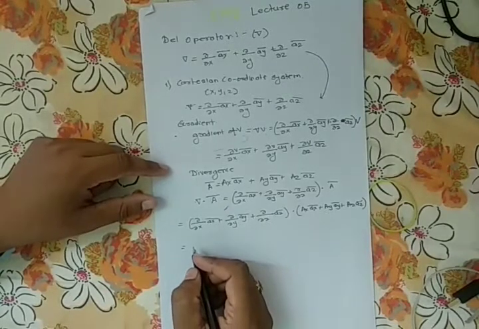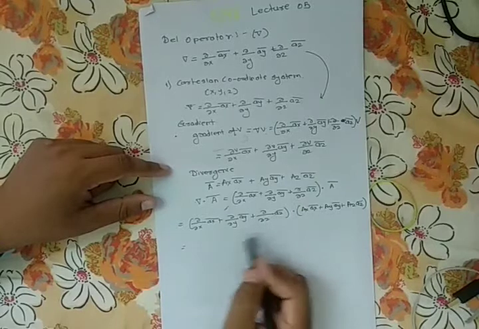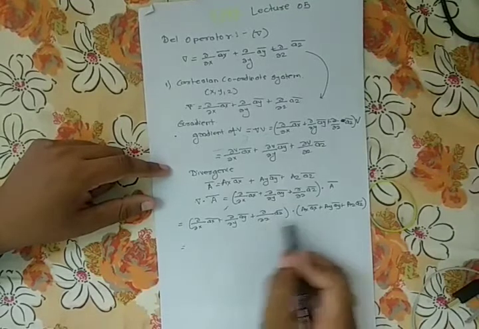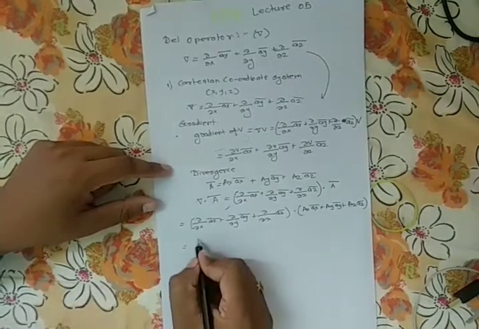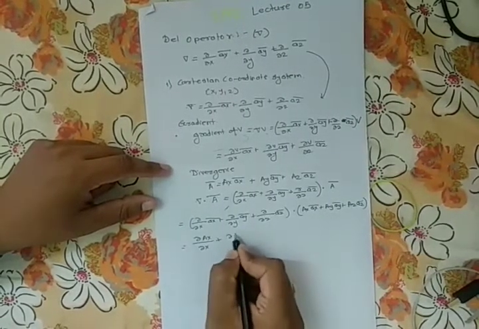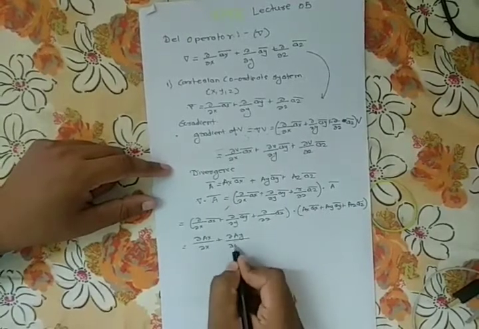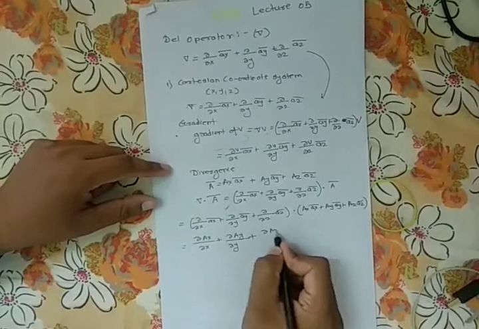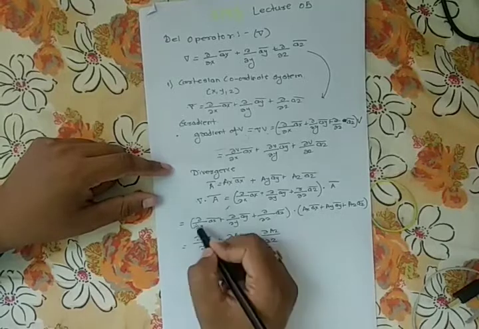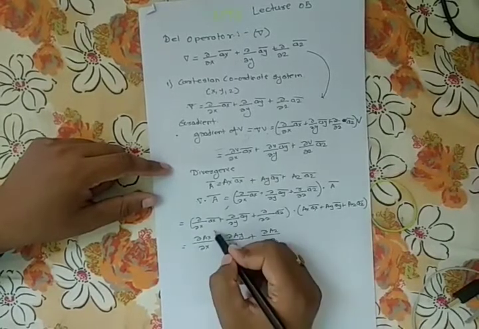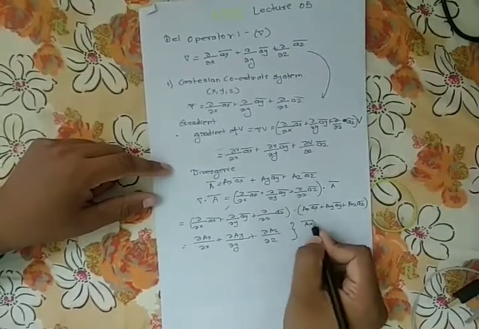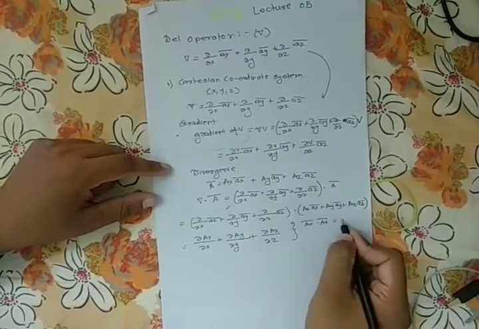Now you can simplify this. How can we write this? We have to multiply inside each and every term. So you can simplify this, and I will get this answer: ∂ax/∂x plus ∂ay/∂y plus ∂az/∂z. So just multiply inside: ∂ax divided by ∂x, ax bar dot ax bar is 1. I have used here ax bar dot ax bar is equal to 1.